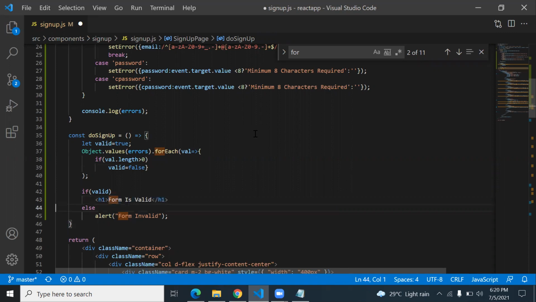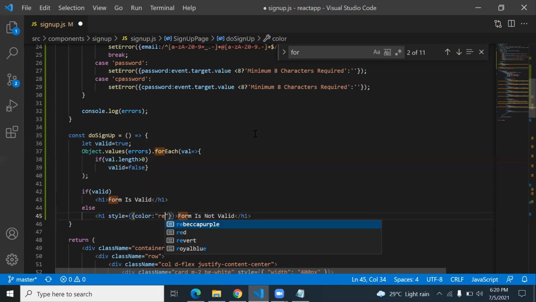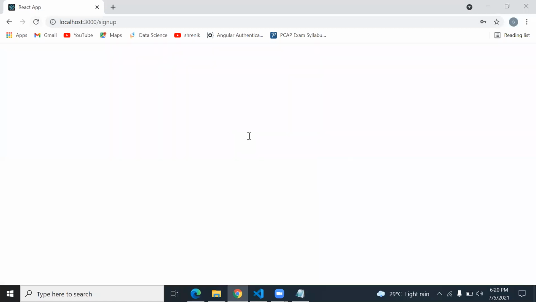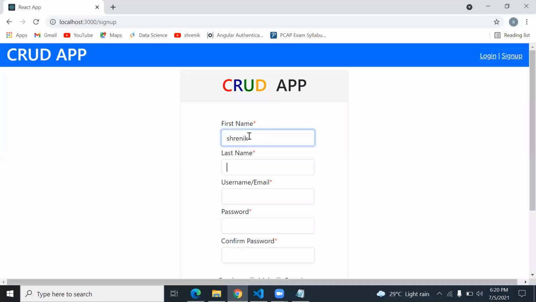Only the H1 tag, but where will it insert the H1 tag, form is not valid. With color, you can type style is equal to color colon red. Now here I will check it. Some details.